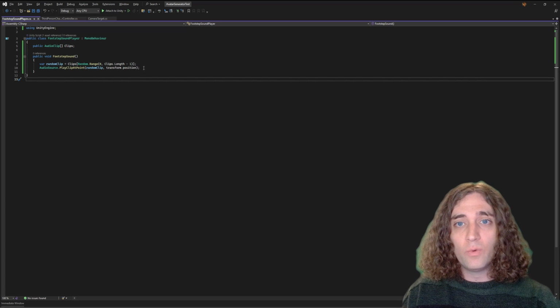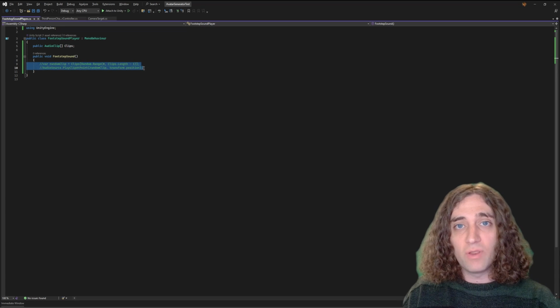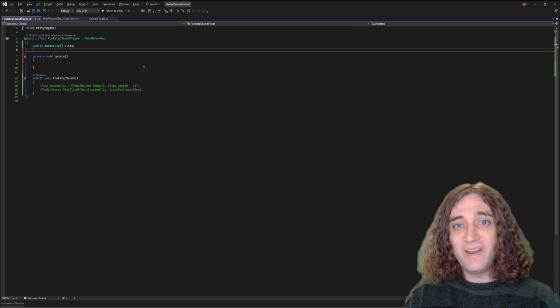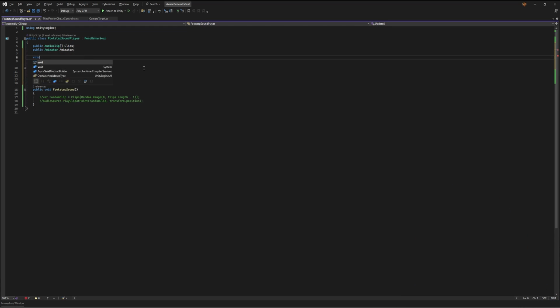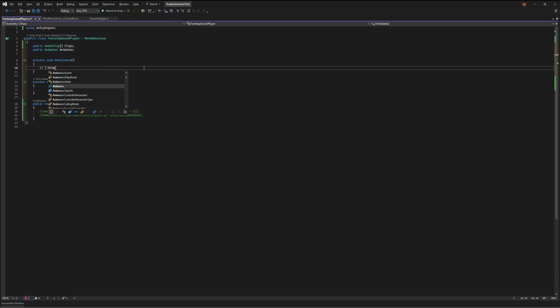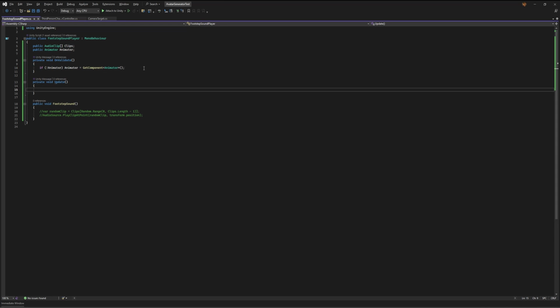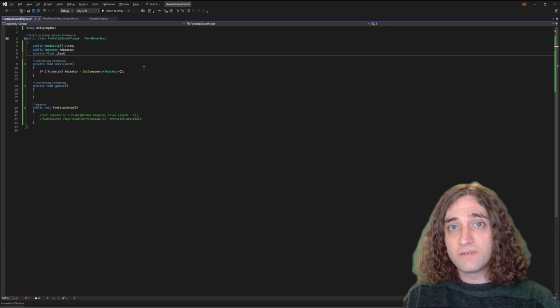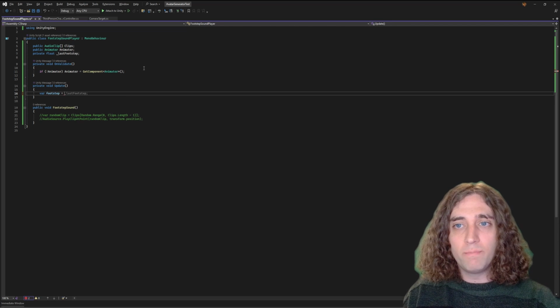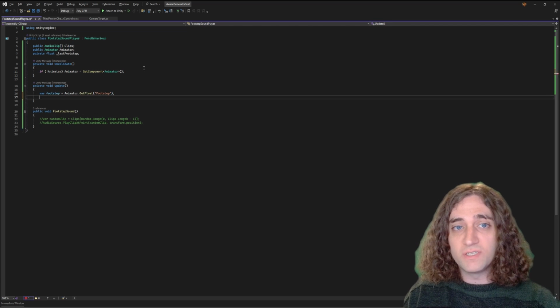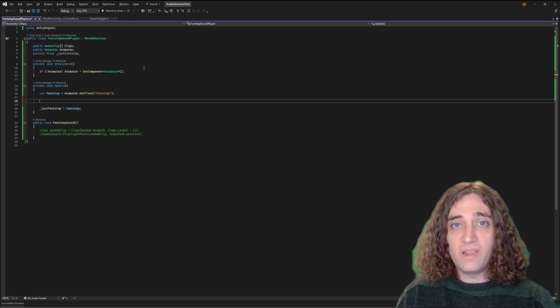Now that that's done, we can just hop back to the code, comment out the old footstep sounds logic, and then add an update method. Let's add a reference to our animator component, create a private last footstep float, then in our update method, we can grab the current footstep value, make sure to set last footstep to our footstep at the bottom of the method, and then we can just check if